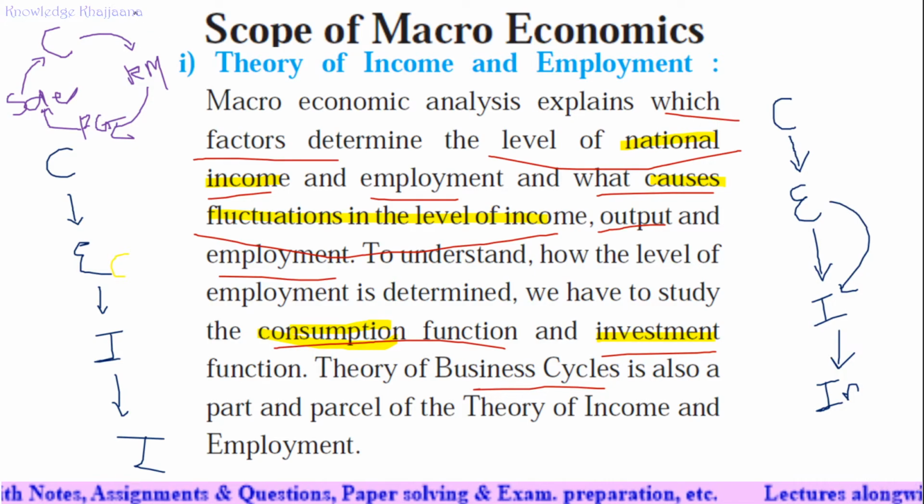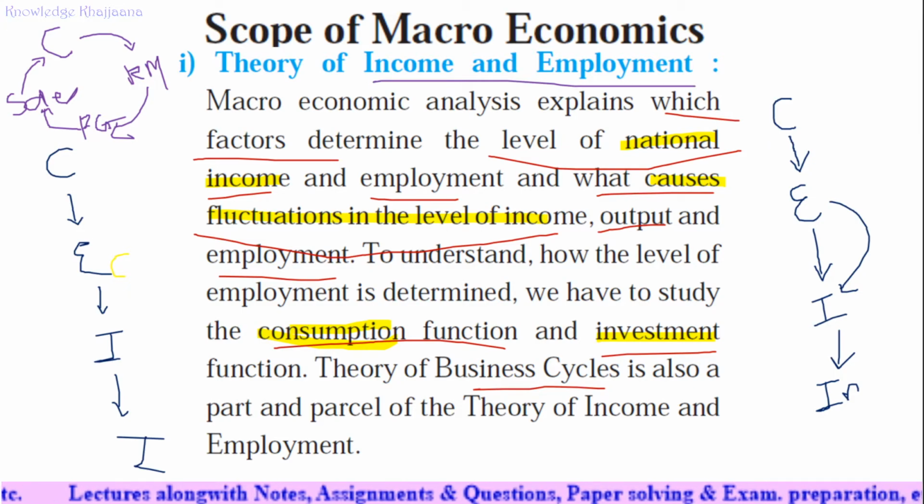So as fast as this business cycle is moving, as fast as the newly introduced or added cash or capital gets converted into raw material, then finished goods get prepared, then they are sold, and again the cash gets added to the business. As fast as this cycle moves, it will generate employment, and it will generate income fast. So this is the theory of income and employment.